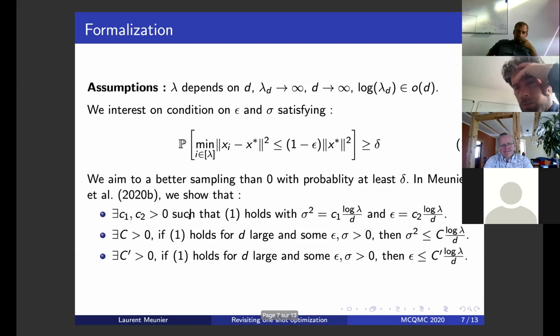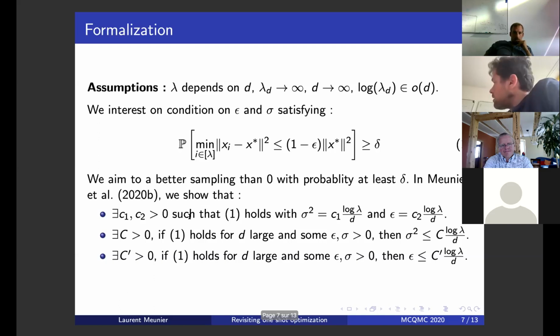We also show that if we want sigma positive and epsilon positive, then we need to have sigma squared less or equal than log of lambda divided by d, my bad. And we also show that we can do better than gaining a factor of log lambda divided by d. So this factor log lambda divided by d seems to be optimal